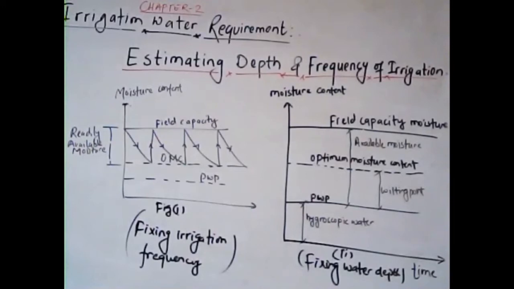So this is the thing that needs to be estimated for the various types of crops in the field. We need to estimate the irrigation frequency using the calculations of field capacity, optimum moisture content and permanent wilting point, and the available moisture content or the readily available moisture content. We need to fix the irrigation frequency here. Likewise, we need to fix the water depth. So water depth can also be fixed by these calculations of the moisture content. Okay,